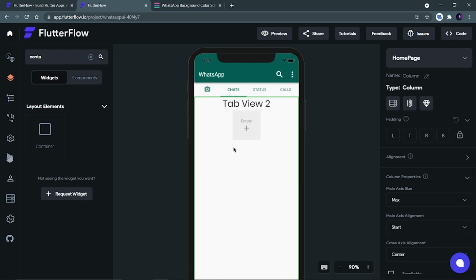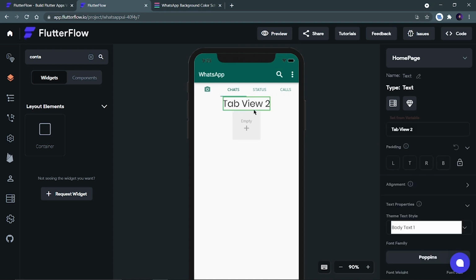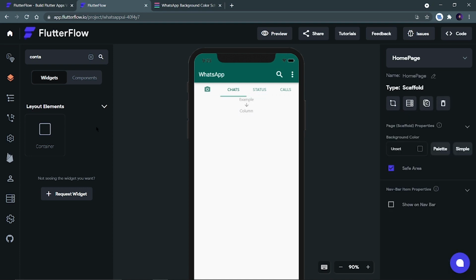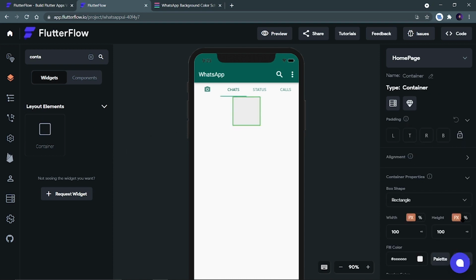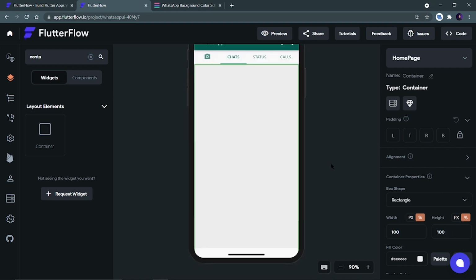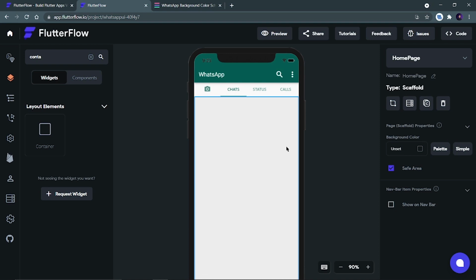Now I should not put the column because I want to remove this text first. So I will click on it and I will remove it. I will remove this container also and I will again search for a container, put that over here, and its height will be 100%, width will also be 100%. Yes, like this, right.